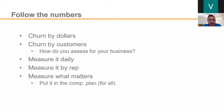And then the last piece is we put churn in some way or another into everybody's comp plan. So this was not an activity for just the account managers. It was not an activity for just the post sales team or the customer success team. This was an activity that we were all a part of, and anybody from your BDR to myself, everybody within the organization had some impact on their compensation plan tied to churn,